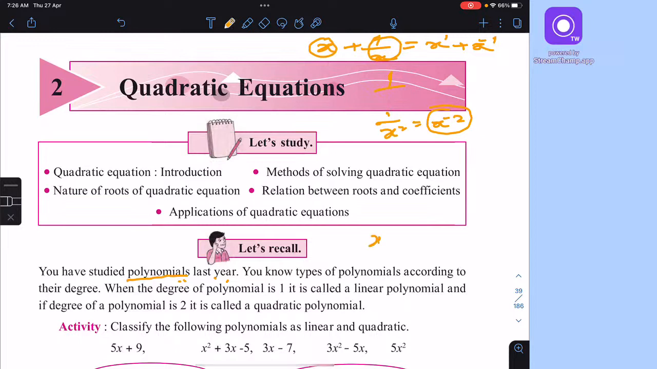For example, x square plus 3x plus 5, this is a polynomial. But if you consider x square plus 3 upon x plus 5 upon x square, this cannot become a polynomial. This is an expression. So polynomials means,